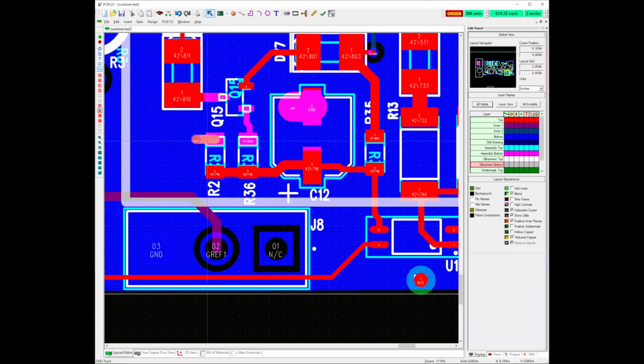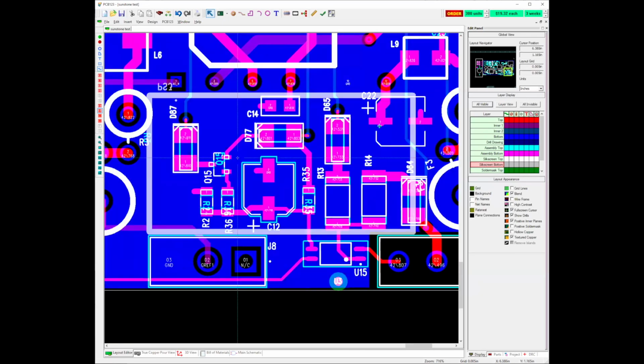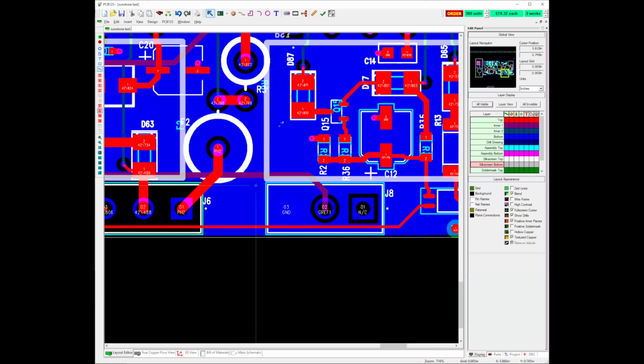I'll just put it back the way it was. Great. Now, if I've got a wire that I want to change the whole length of, but not every instance of that net on the circuit board, because it goes through several parts and does quite a bit of routing, I want to change this